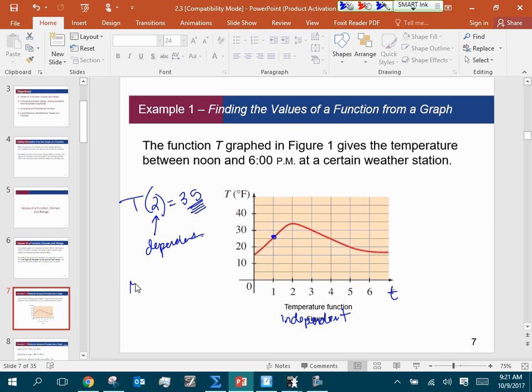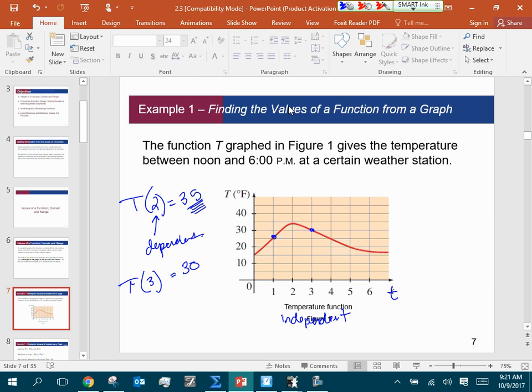They might ask you what t of 3 is. So t of 3 is going to be, what is that, 30? The next thing they're going to ask you is what's the net change? What is the net change between 2 o'clock and 3 o'clock? All we have to do when they ask the net change, and net just means total, right? Okay, so net change